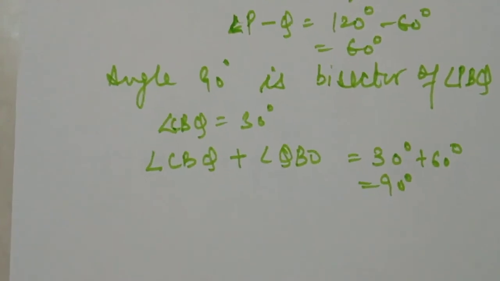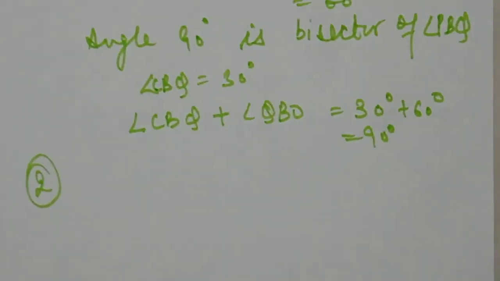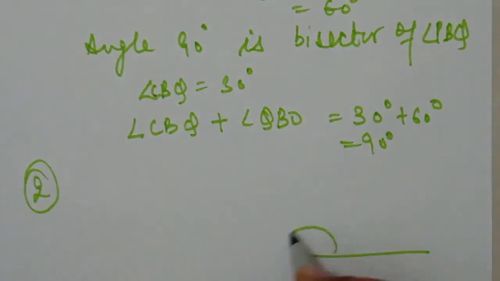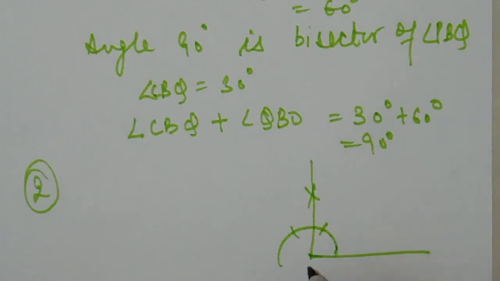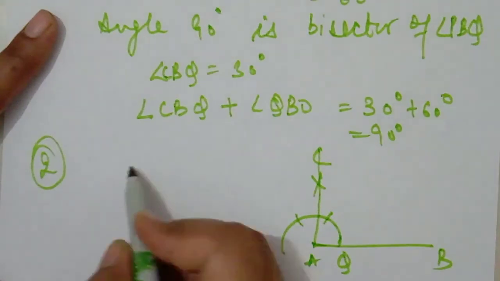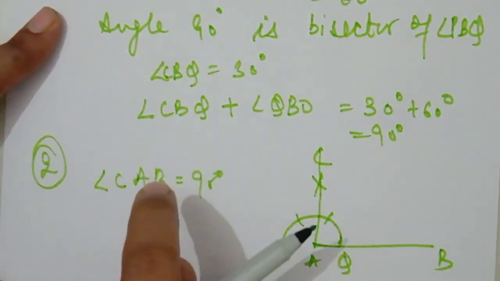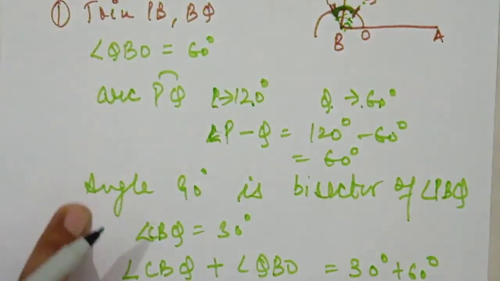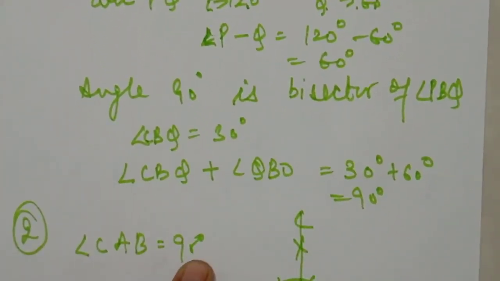Now the verification of the 45 degree angle. Verification in the second question, the verification of the 45 degree angle is also the same. We can say that this is 60 and this is 120 and this is our 90 degree angle. It is A, B, C and point O. Then we can say that angle CAB is 90 degrees. How can you prove that this is 90 degrees? For the 45 degree angle you can follow this verification from the first step, and then you can reach here, that CAB is 90 degrees.